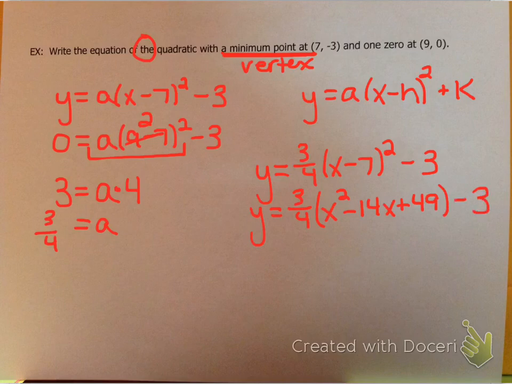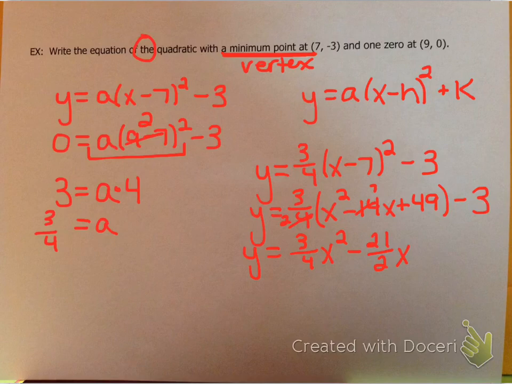Then we distribute the 3/4 through there. So 3/4 x squared minus, you can take that 3/4 times 14 and multiply it and then reduce it, or you could go ahead and reduce it, and a 2 will reduce out of each thing, so that would make that a 7 and make that a 2, and so you would have 21 over 2x,